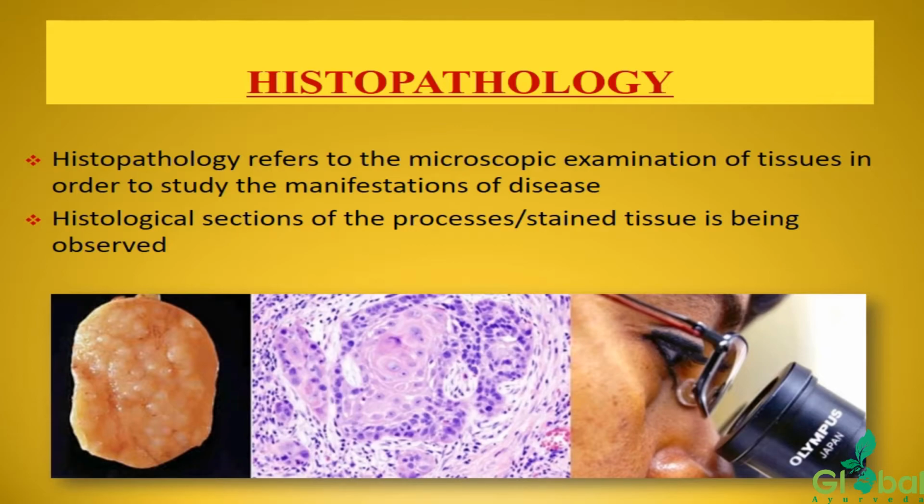Surgically, we will remove a tissue portion from the body of a patient, and we will keep that histological section for the further staining process. Certain stains impart color to the tissues. Then only can we differentiate between abnormal and normal conditions, and between normal and abnormal cells. So the staining procedure is done there, and then it is observed under the microscope. That's the normal procedure we follow under histopathology.